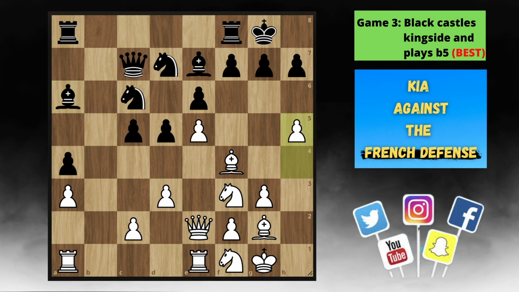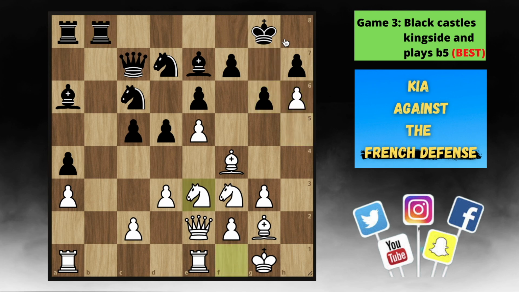We continue with h5. We want to go h6, provoking this g6 and creating the dark square weaknesses around the black king. Rook f2, b8, taking control of the only open file in the game right now, h6, g6, and knight to e3. This move has 2 main threats. Knight to g4, which can come to f6 in some situations, and the more deadly threat, which is to go knight takes on d5,